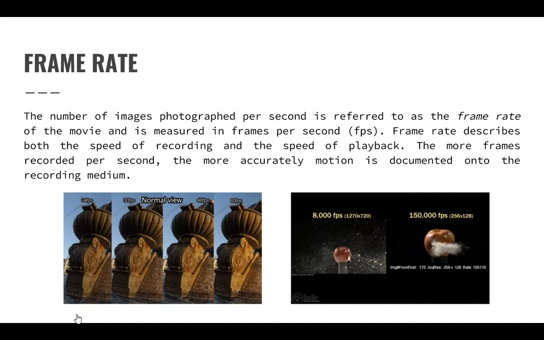File size. Frame rate is the number of images photographed per second, which is referred to as the frame rate of the movie. It is measured in frames per second. So, as you can see in this photo,